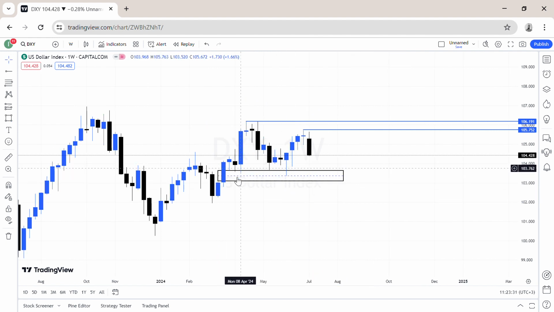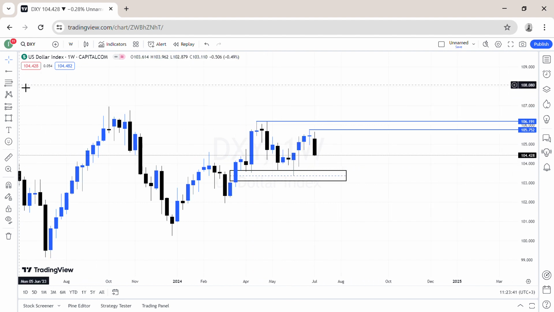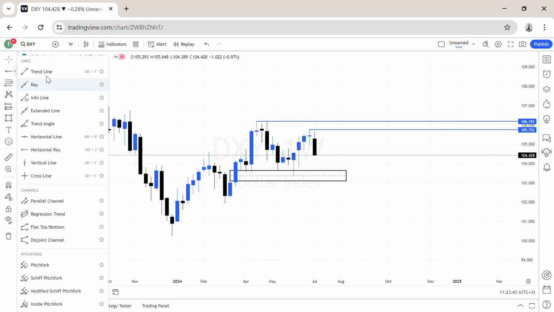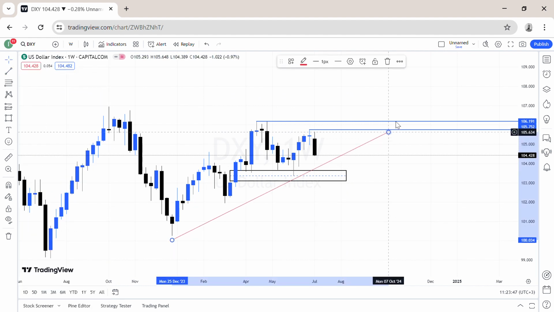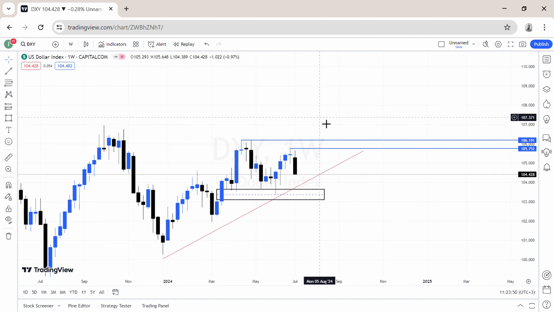You can see this fair value gap was touched once, twice, the third time touched just the tip of it, and the fourth time. And we've been bullish. We've been very bullish. You can see we've been very bullish. Having that on weekly,